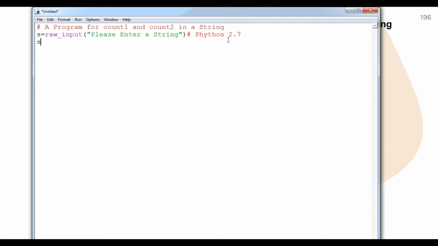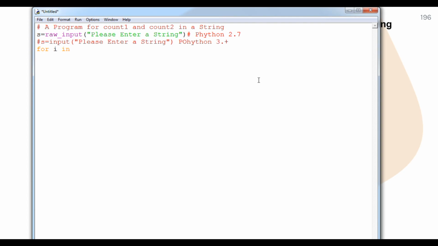If we are using a Python 3 plus version, we will say please enter a string. That is for the Python 3 plus version. Now we are working with Python 2.7. So you can see, student, we have asked the user to please enter the raw string, and now we are going to check a particular loop.